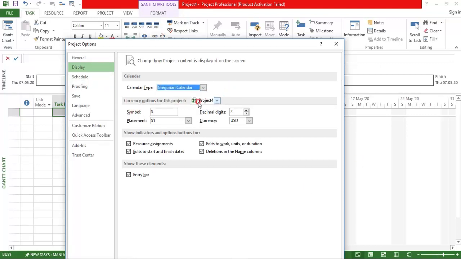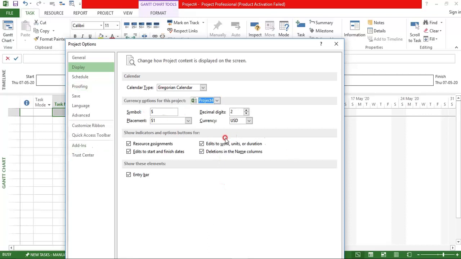Okay, so next one is the currency option. In this currency option, it will ask you whether it is for the project or for which particular project. You have to make all the selections for the current project, or else by default you can make it for all the projects. But what I want is to make it for the current project that you are using.